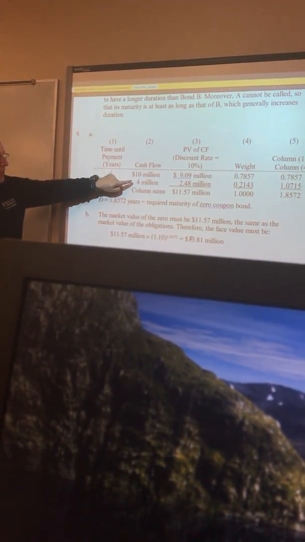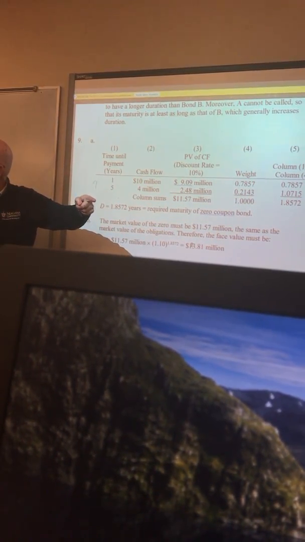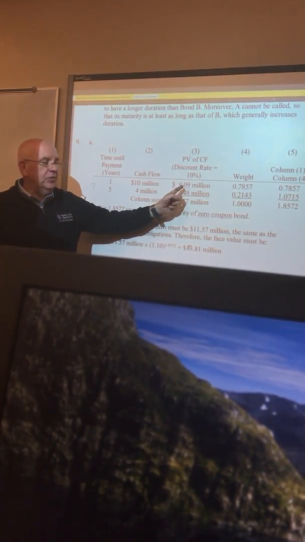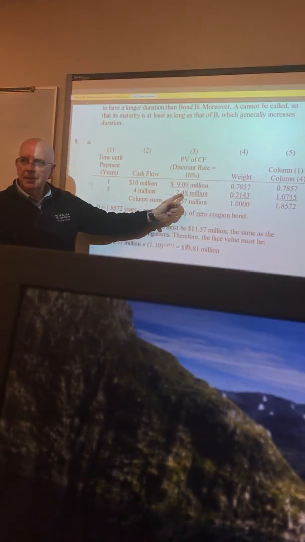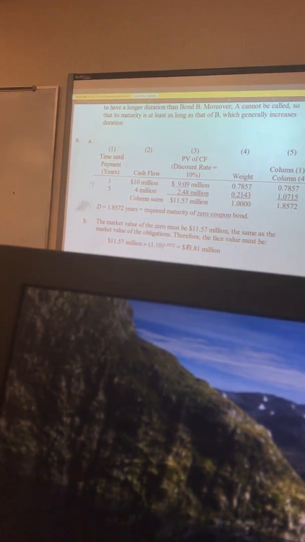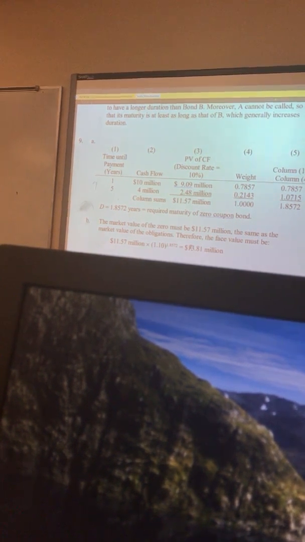Here's the cash flow. 10 million and 4 million. Where does that come from? It comes right from the problem. What's the present value of that cash flow? 9.09 million, 2.48 million. And everybody knows how to use their calculators, right, to calculate the present value of those cash flows. Okay? Now, I want to warn you that